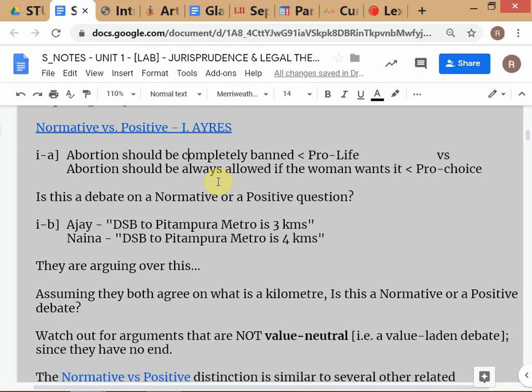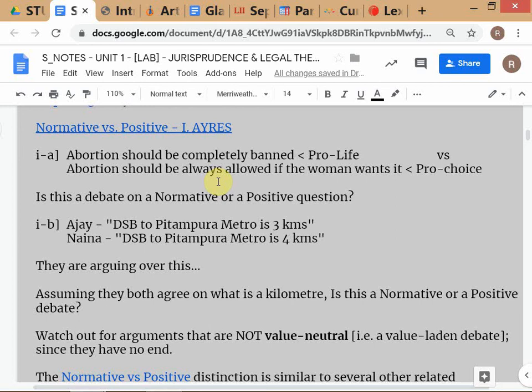Now you understand what a debate is? This is an example of a value neutral debate. If you are arguing about the distance between New York and Baghdad, and somebody says it's 3,000 miles, somebody says it's 5,000 miles, we can fix that very quickly. Do you agree? It's driven by facts, based totally on facts. If we agree on what a kilometer is, this is not a problem to resolve. We go to Google Maps and agree with what they say. So we can resolve this.